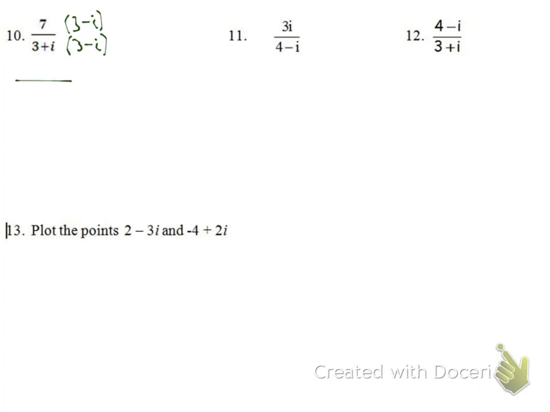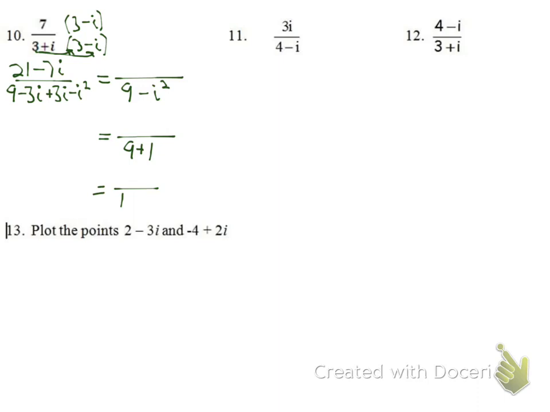So by using the distributive property on the top, I get 21 minus 7i. So that one's taken care of. Now we have to look at the bottom and see what we can get to. We'll multiply the first term by both terms in the second, 9 minus 3i. Then the second term by both terms in the second gives me 3i minus i squared. Now that's going to become 9. Well, negative 3i plus 3i becomes 0. So 9 minus i squared. Well, i squared is just negative 1, so it's actually going to become 9 plus 1,